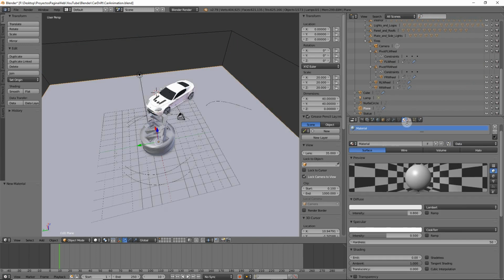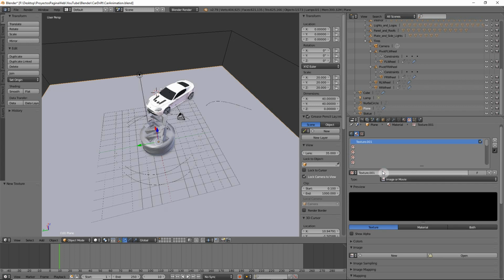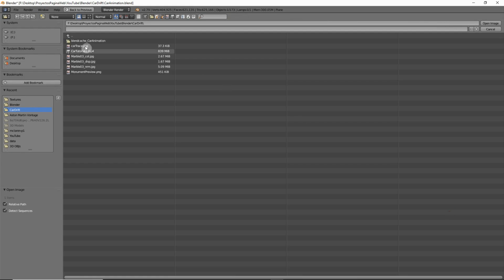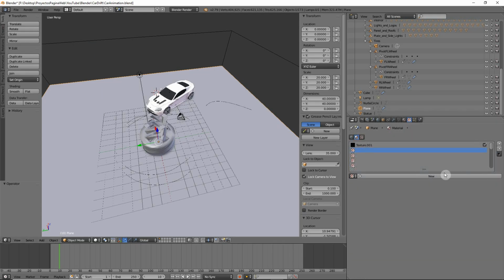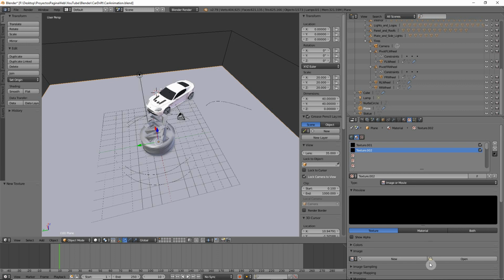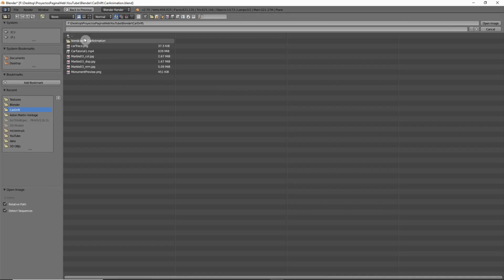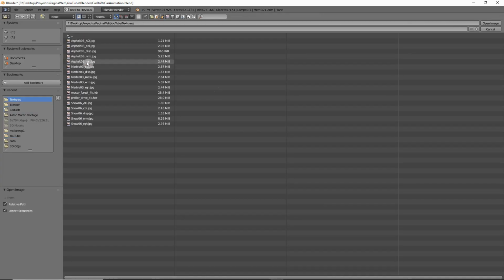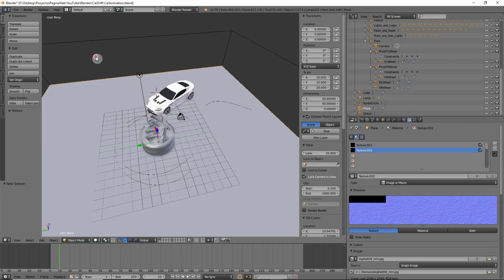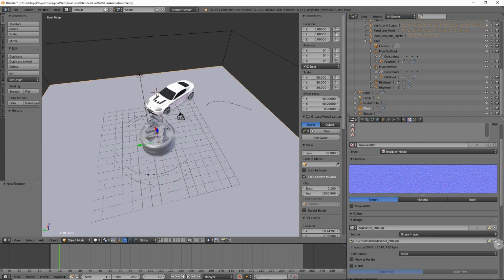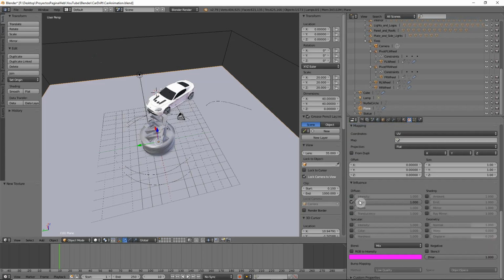We're going to add a material and texture. The texture, we are going to open one of those we had for this new texture. This new texture is going to be normal mapping, and then the normal mapping is going to affect not the color but the normal.